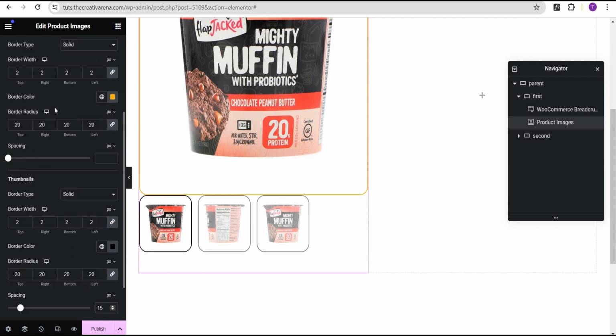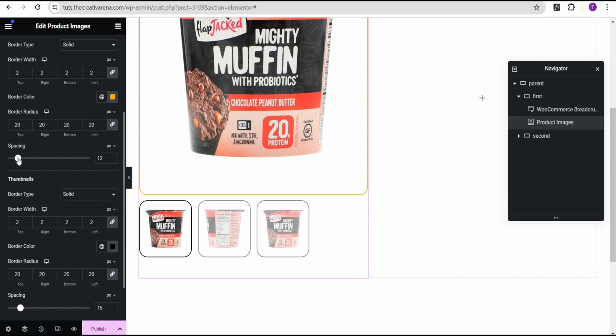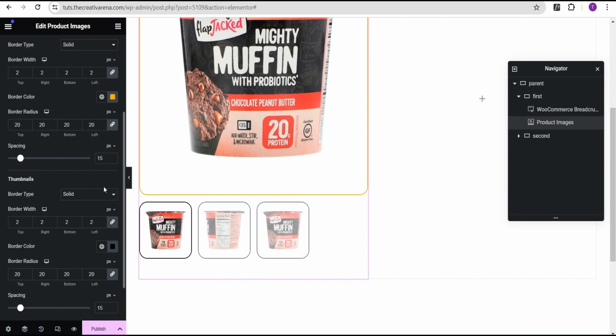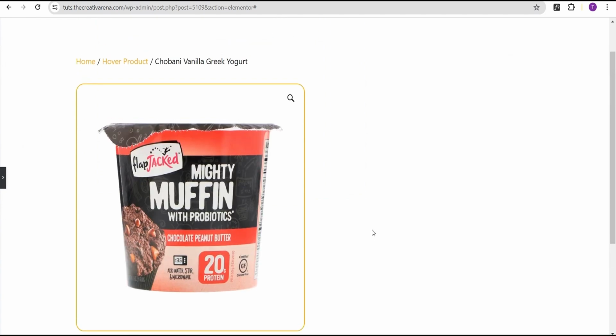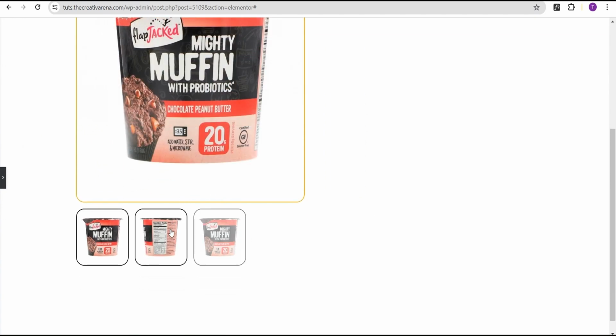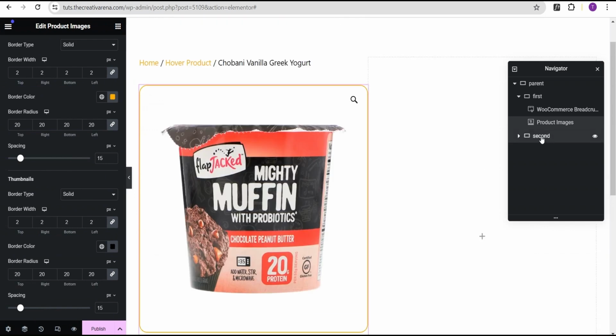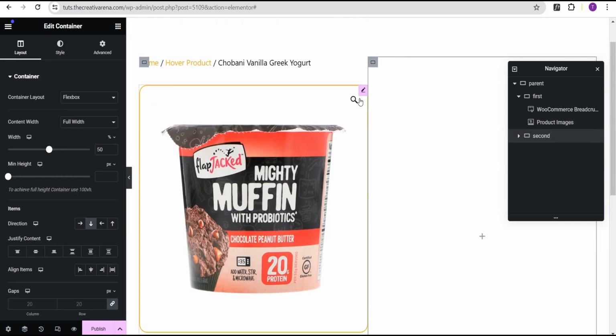And then for here, this product image here, we're going to come here and give it a spacing of 15 pixels as well. Okay, so now this is what we'll have here for our product image. Okay, so now we're going to come over to our second container. We're going to work with our second container. All right, so now for the second container, we're going to come here and then we're just going to, first